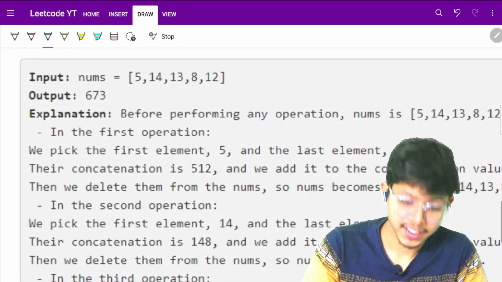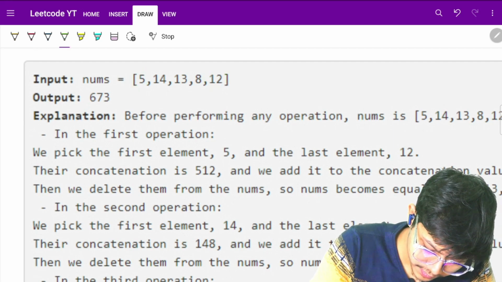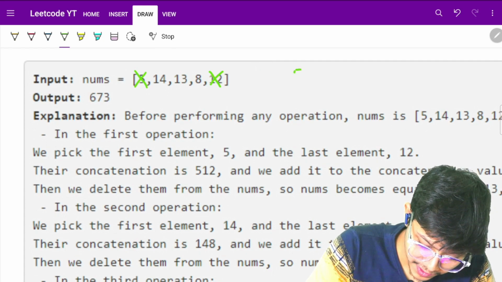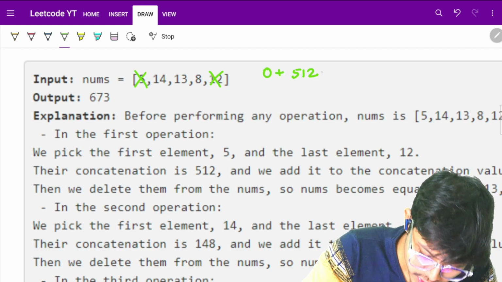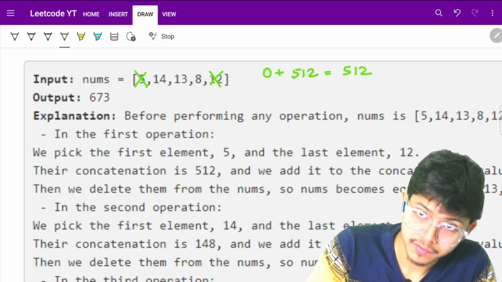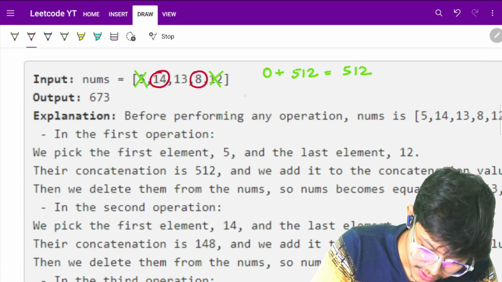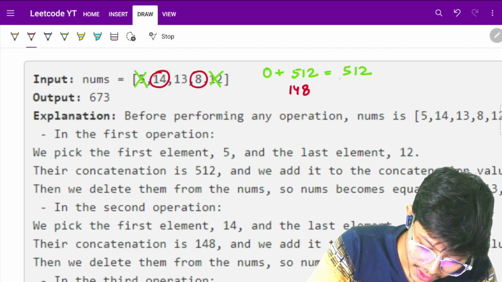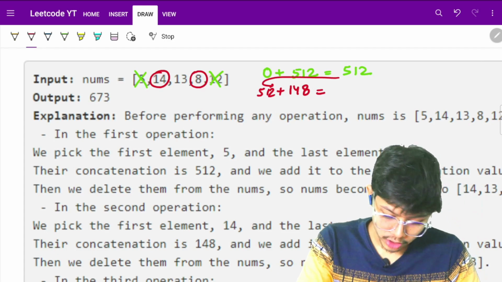Let's look at another example for our clarity. We grab the numbers 5 and 12, we remove them, concatenate them, it becomes 512, add the previous number, which was 0, so it becomes 512. Now I grabbed the numbers 14 and 8, so now the number becomes 148. I added the previous number, which is 512, and then I got the value